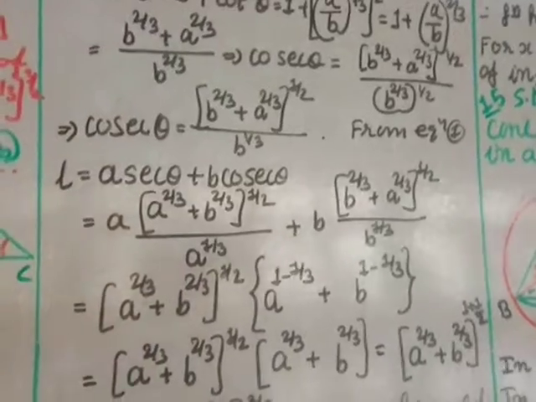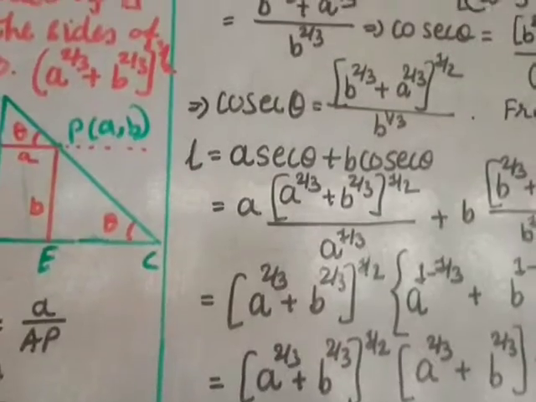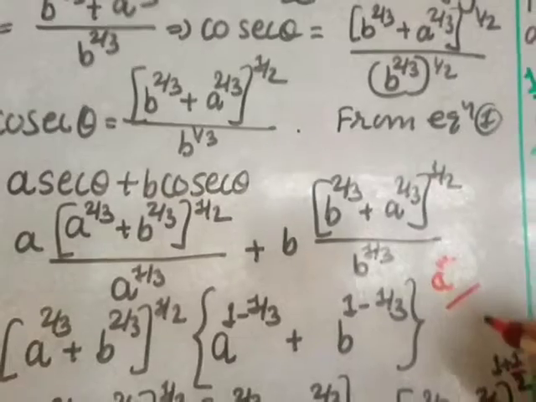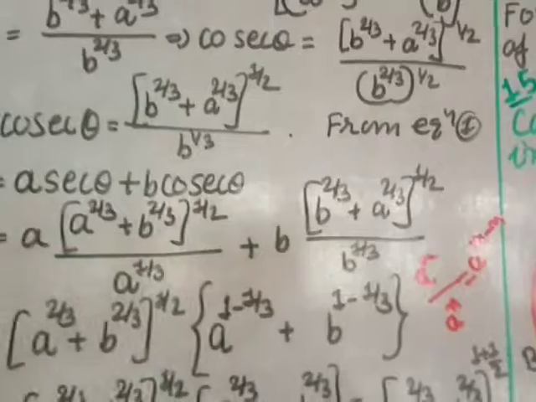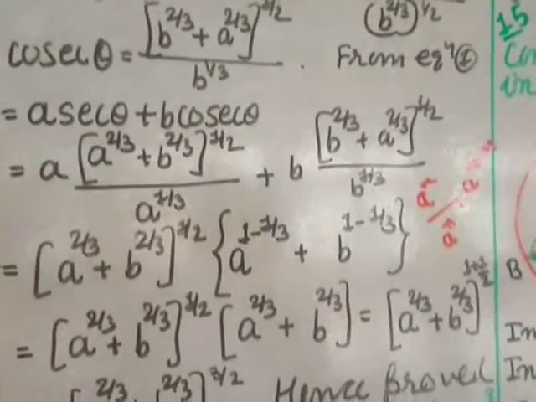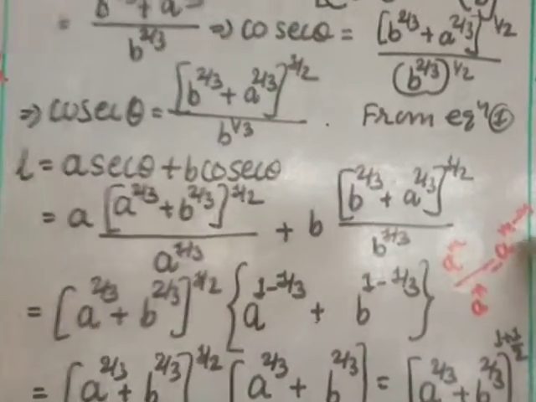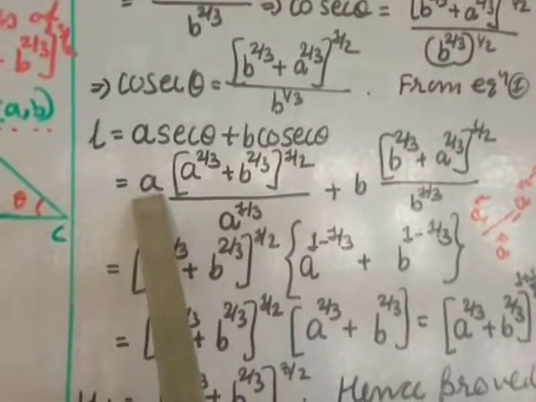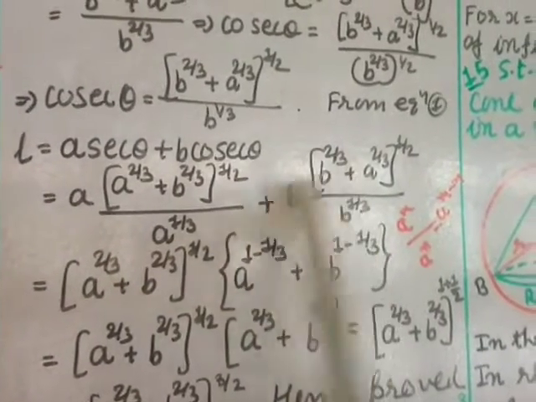This is like a^m divided by a^n. You know that exponential relation. Suppose you have a^m divided by a^n, then you can write it as a^(m-n). So this is the simple exponential relation: a^m divided by a^n is equal to a^(m-n). So I will do it like this. I have not written that step. I have directly written a power, here one power is there. So 1 minus this power 1/3, plus here, this is taken common.